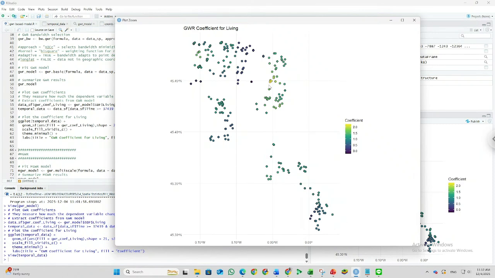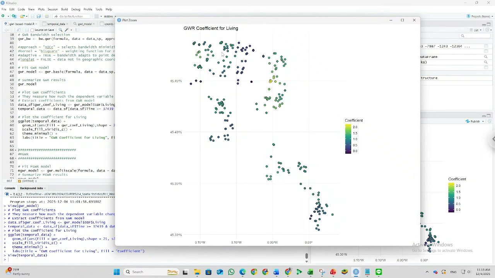That means living in this area has a high impact on the house price in that area. But if you can see in here, the coefficient is relatively small, so this is the low impact. So living in this area has a low impact on the house price in this area.